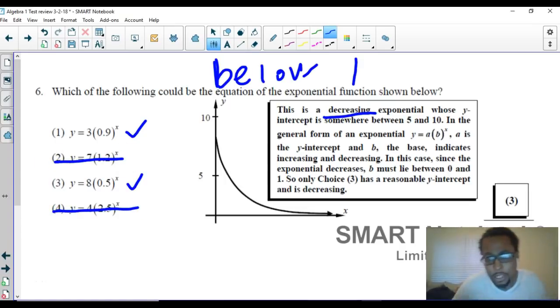Okay. How do I know it's decreasing? Because you're not going to have this thing. Look at the graph. It's going down. So that's how you know it's decreasing. You know it's decreasing because when you look at the function, it's going down. Okay. Now,